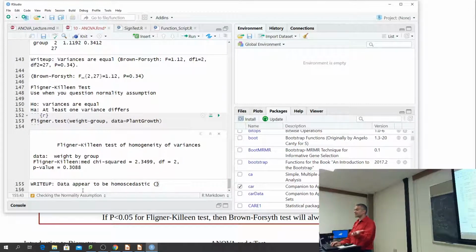Data appear to be homoscedastic. Variances are equal. All right. This time we ran a Fligner-Killeen. All right. Our chi-squared,